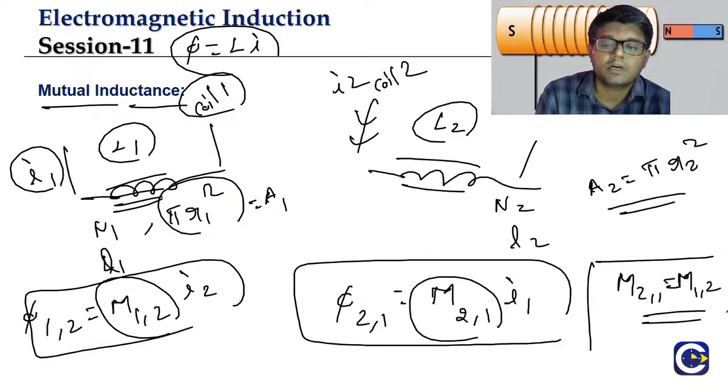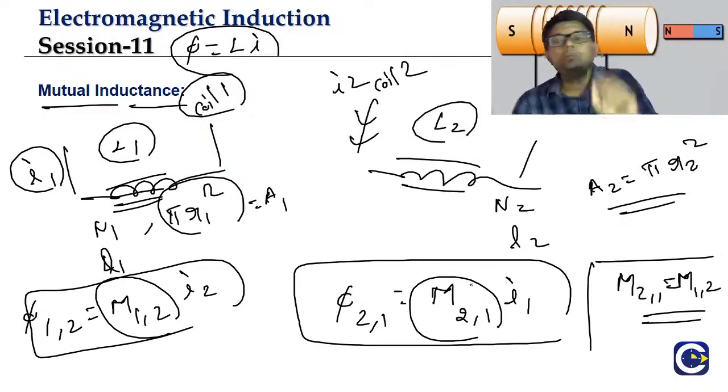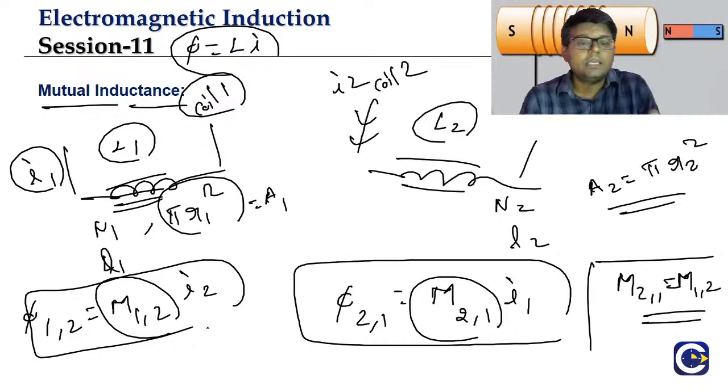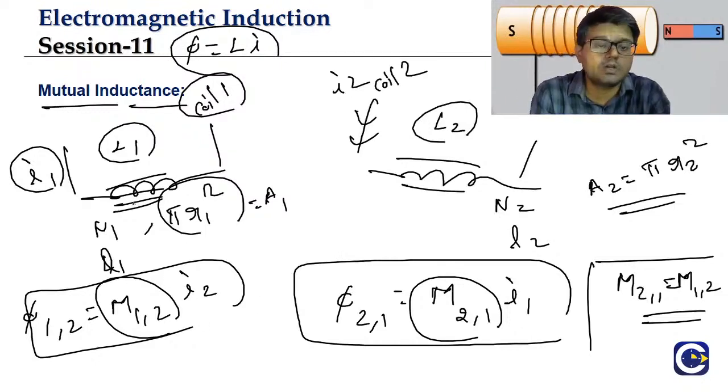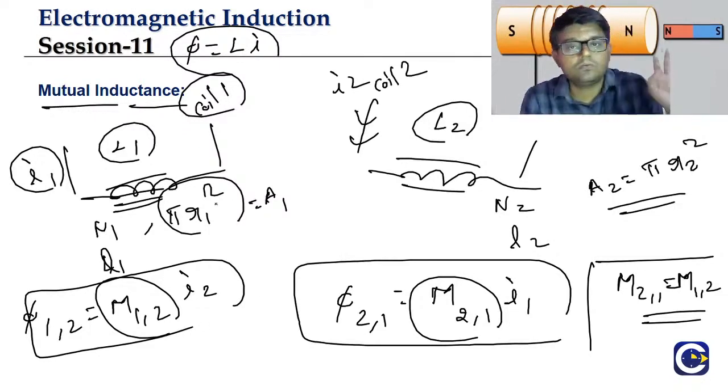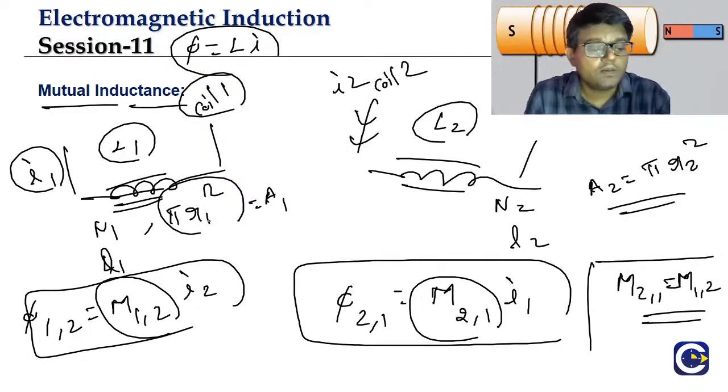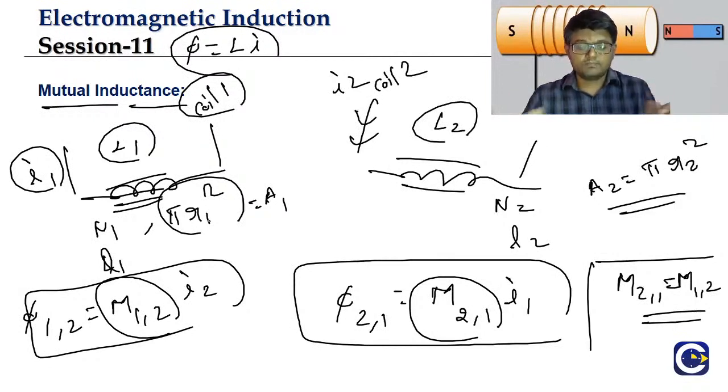What is this? This is a very simple notation. M2,1 means the mutual inductance of coil 2 because of coil 1. M1,2 means the mutual inductance of coil 1 because of coil 2. We will look at the relation between them, but in at least our basic syllabus,